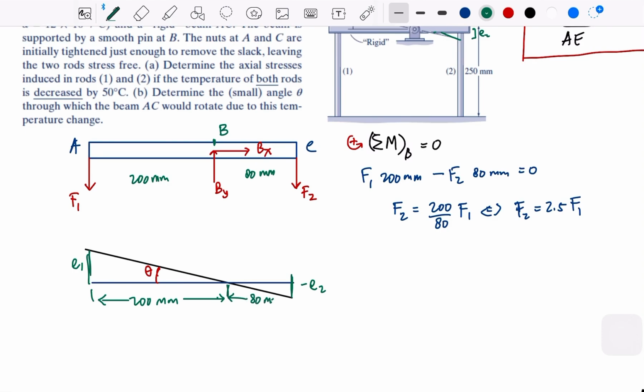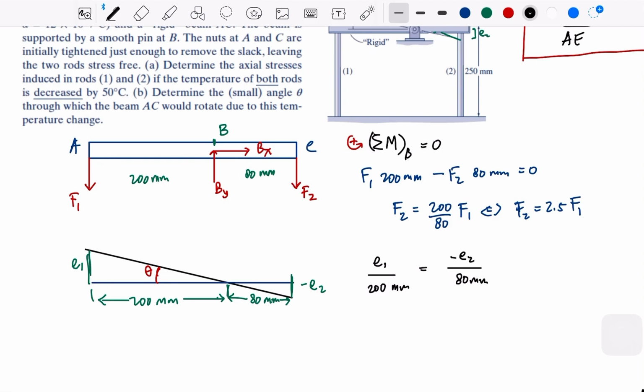And this is 80 millimeter. Okay. Now, mostly what you need to do is observe this geometry and use the triangle relations. So we can take the triangle as the ratio E1 over 200 millimeter is equal to negative E2 over 80 millimeter. Negative sounds a little bit weird in this triangle, but let me just write it still in the negative